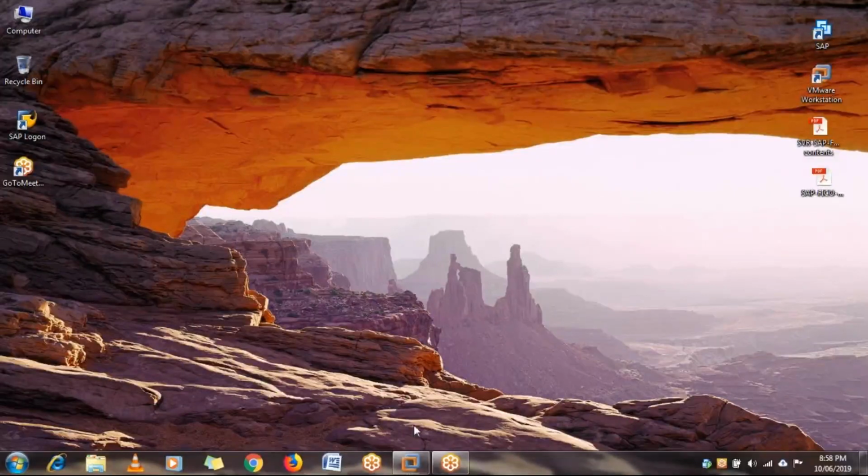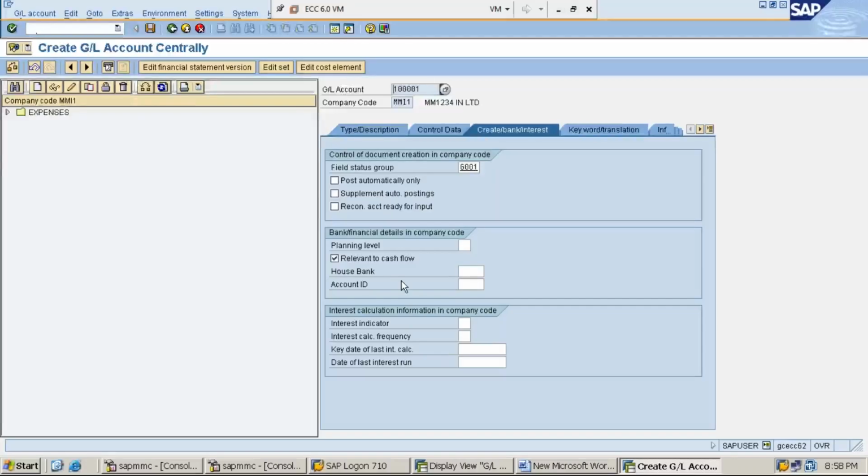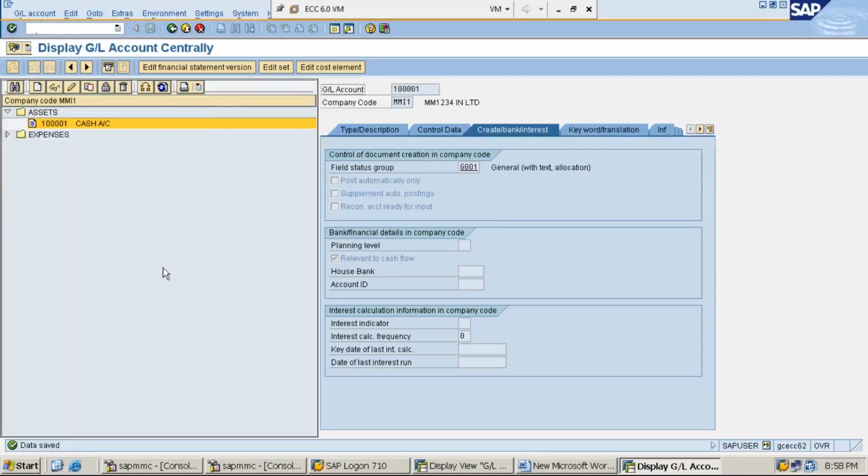Okay, so continuation. Select the relevant to cash flow checkbox, then click on save. Get the message data saved.